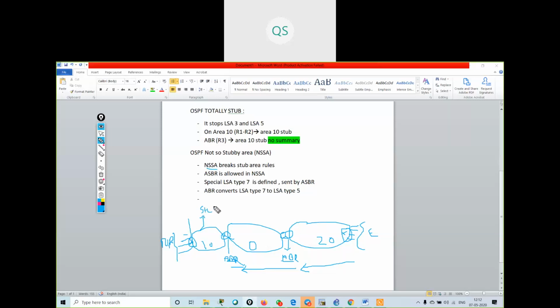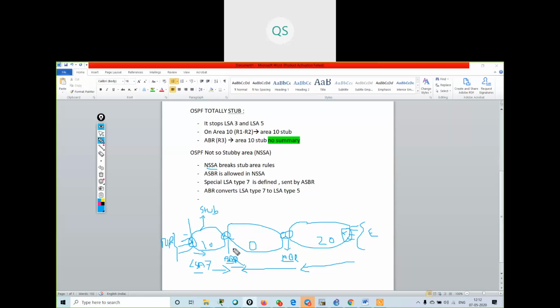So when I make this my stub area, then this ASBR router will send an NSSA LSA, you can say LSA 7. It will send an LSA 7, and LSA 7 will be received by this ABR router. Now what will this ABR router do?